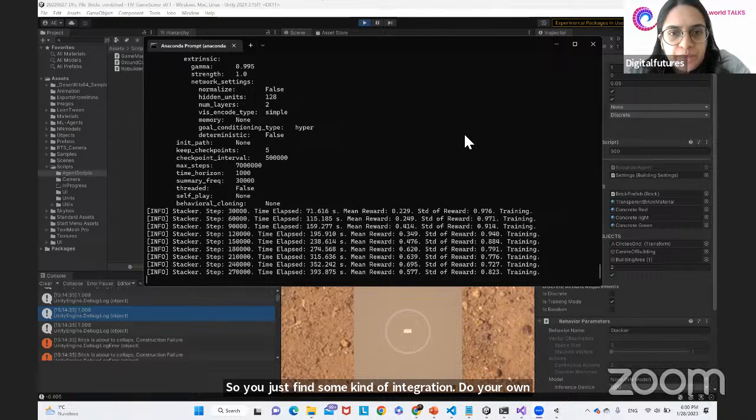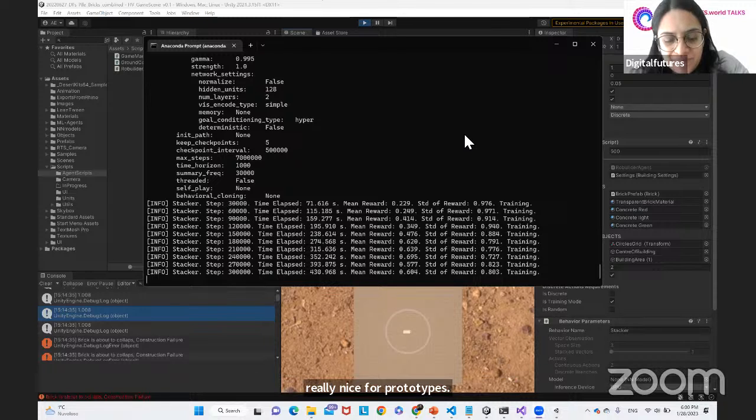of Grasshopper. My personal belief, and this is clearly just my opinion, is that Grasshopper is really nice for prototypes, but once things get a bit complicated, it's so hard to deploy. It's so easy for prototypes, that's why we love it. But